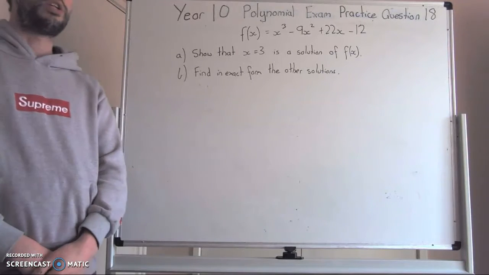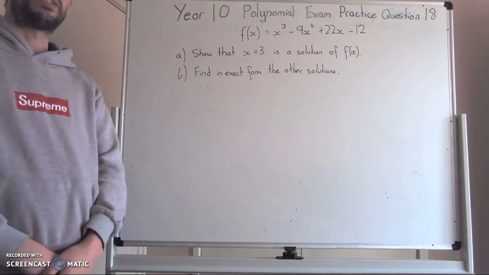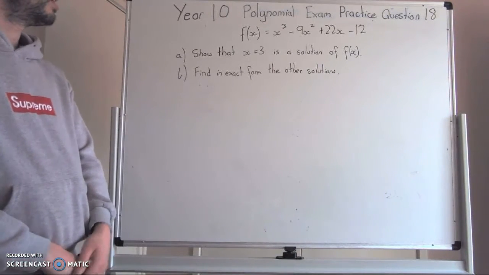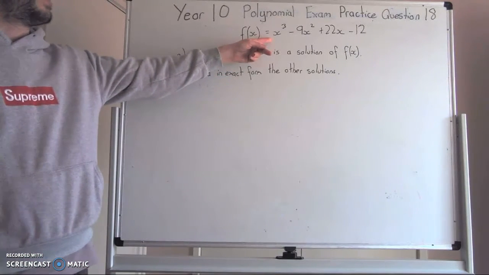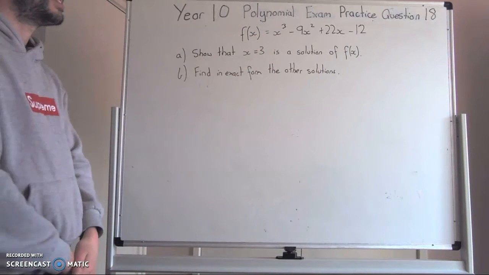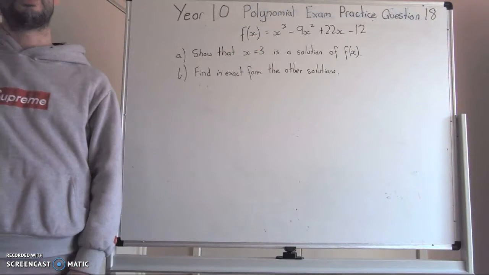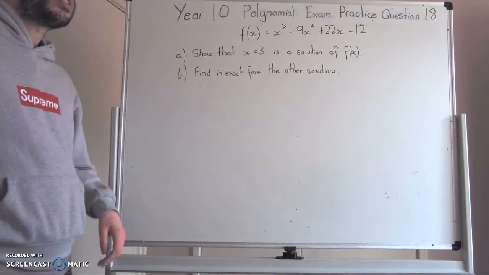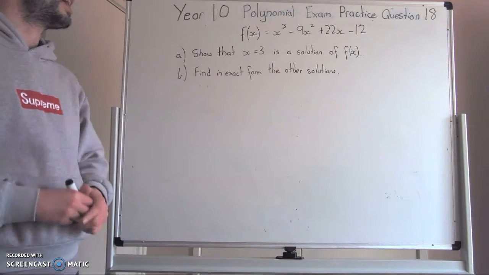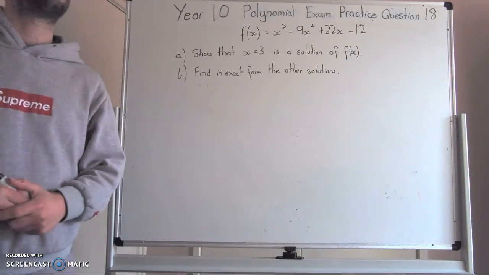Year 10 Polynomial Exam Practice Question 18. f of x is equal to x to the power of 3 minus 9x squared plus 22x minus 12. Now our focus today is we are going to show that x equals 3 is a solution of f of